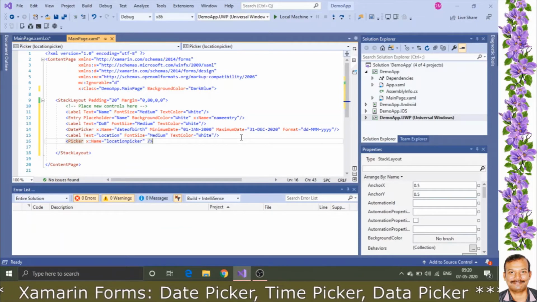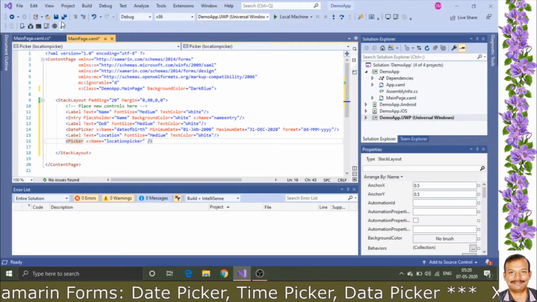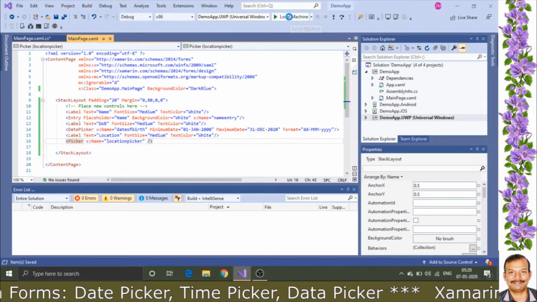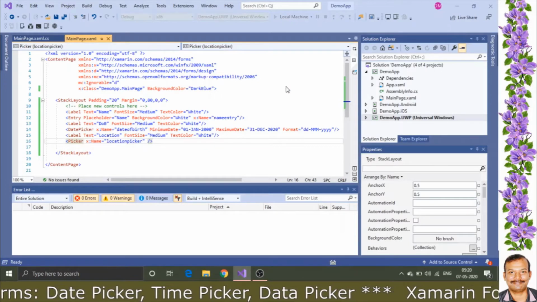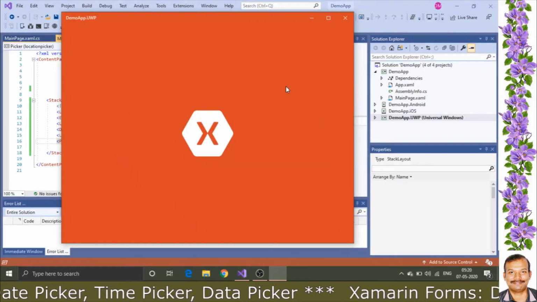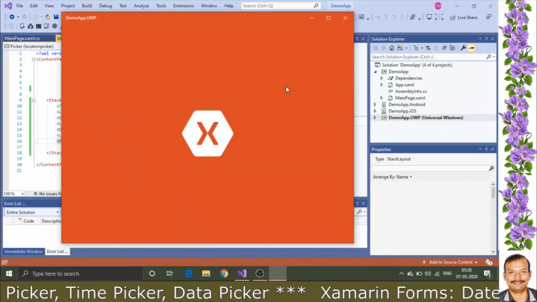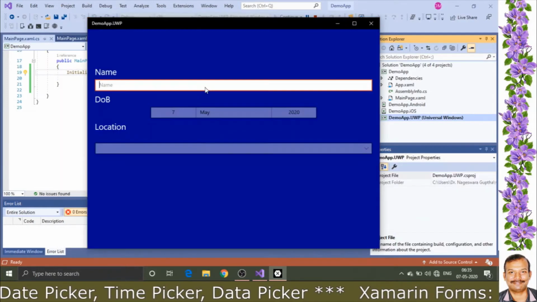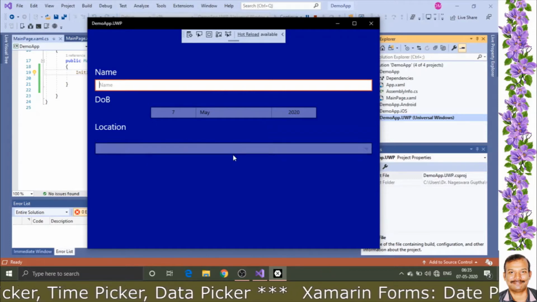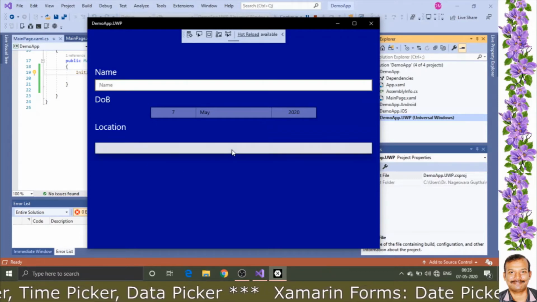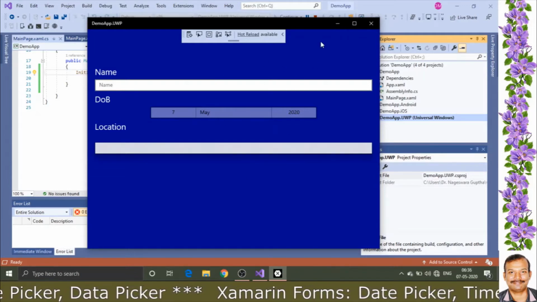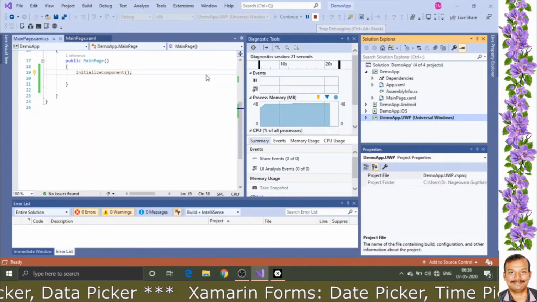So now we will see the output. Post that we will do some more modification so that the values for the data picker all are added. We got the output. Now you can just see all the controls are loaded. Okay, now for the location we need to add the items so that it will get popped up once this is opened. Now we'll close this and we'll go and do that particular process.